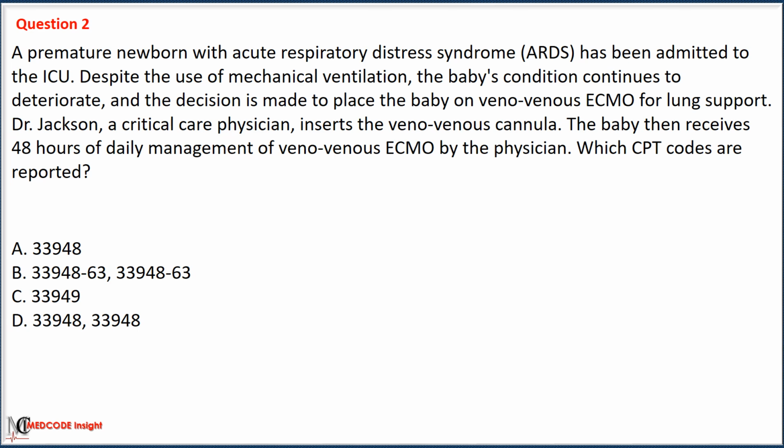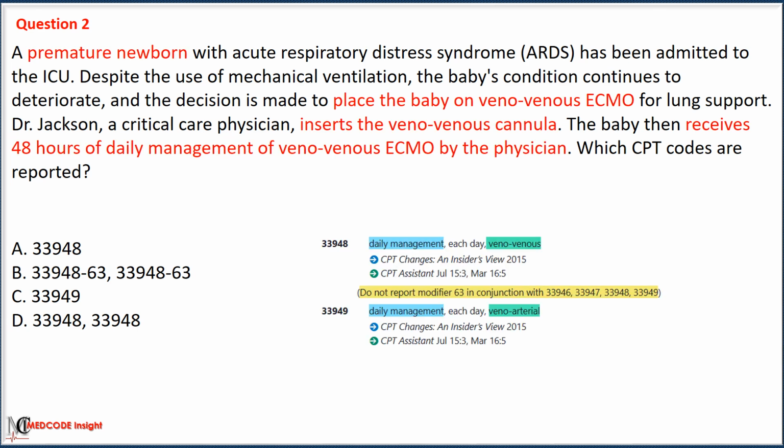Option A with code 33948, option B with code 33948 along with modifier 63, option C with code 33949, option D with code 33948, 33948.